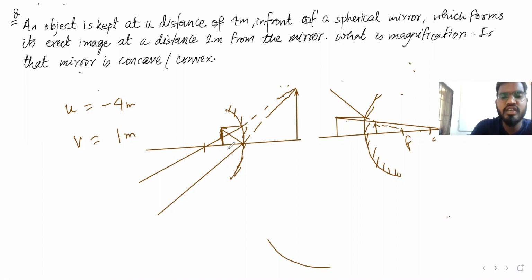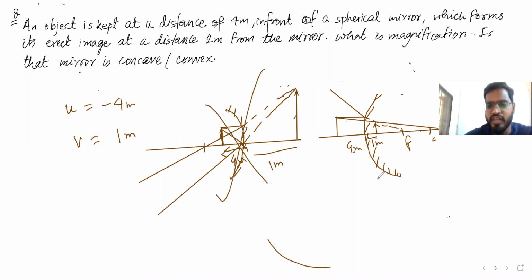they are saying the object distance is 4 and this is 1. This is 4 and this is 1 meter, which is possible. Of course this is not possible, this distance is smaller than this, right? So 1 meter and 4 meter can be possible, right? So this is not possible, we'll have to consider only this one. Now how to find magnification, think a little.